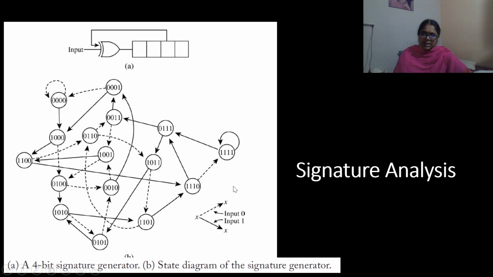Like this, we get this state diagram. The next clock pulse will shift the gate output into the first stage of the register and zeros from the preceding stages into the second, third and fourth stages, which leaves the register containing 1000, or state 8. From the state diagram, the register contents or signatures can be identified for any data string.